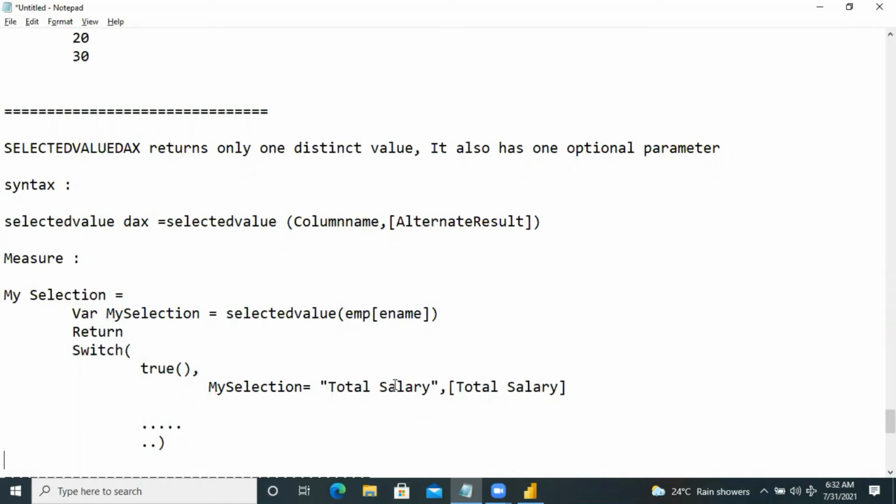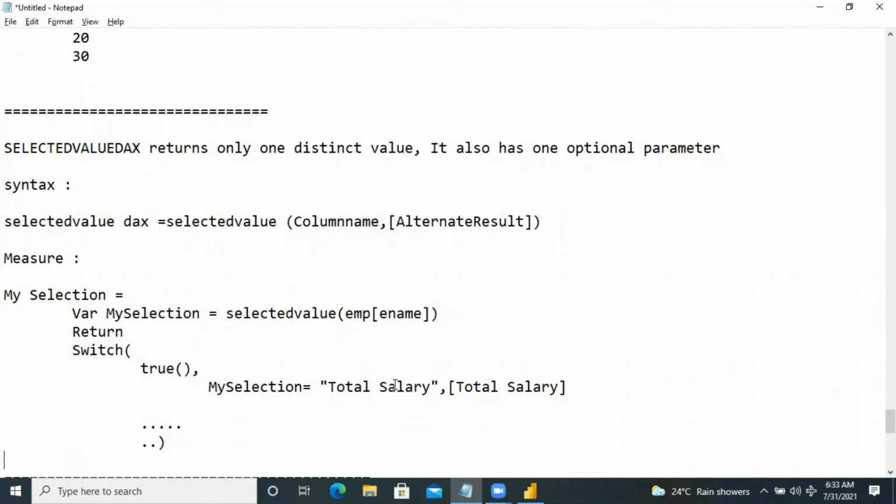In the return value, I'm taking the switch case. As of now, we practiced the if condition with the ISBLANK function or the ISERROR function. Like this, I'm practicing the switch case. If the switch value matches, then I'm executing the statements. SWITCH(TRUE(), my selection variable name equals total salary.